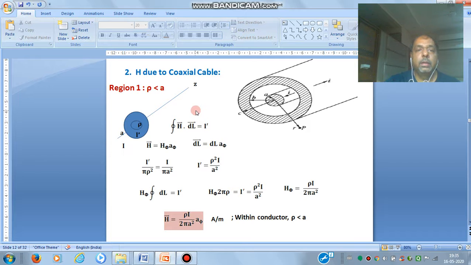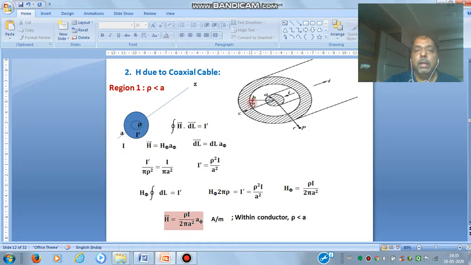Now, second case: what will be the magnetic field intensity H due to a coaxial cable? A coaxial cable has two cylindrical wires. This is the solid cylindrical wire having radius A, and the outer cylindrical wire